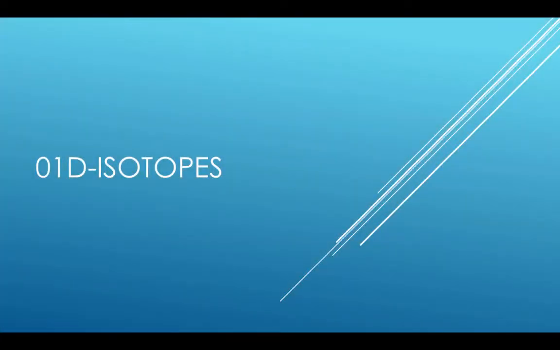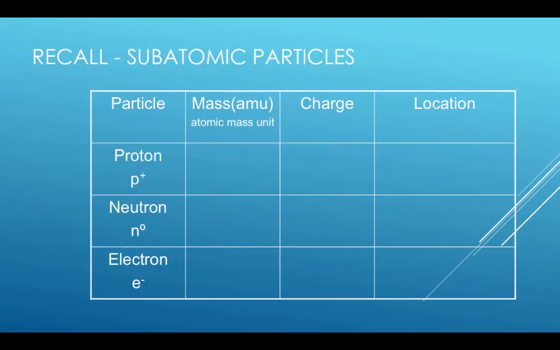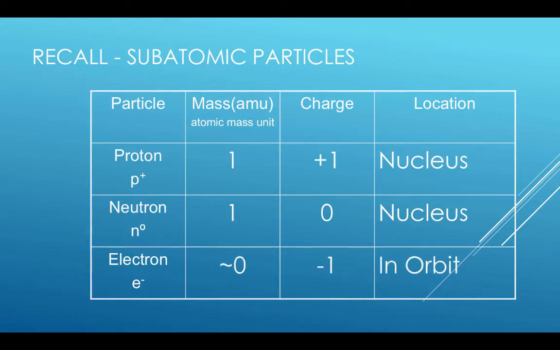Lesson 1D, Isotopes. Recall the subatomic particles. Protons have a mass of 1, a charge of +1, and reside in the nucleus. Neutrons have a mass of 1, a charge of 0, and are also found in the nucleus. Electrons are almost massless, have a charge of -1, and travel around the nucleus in a path called orbitals or